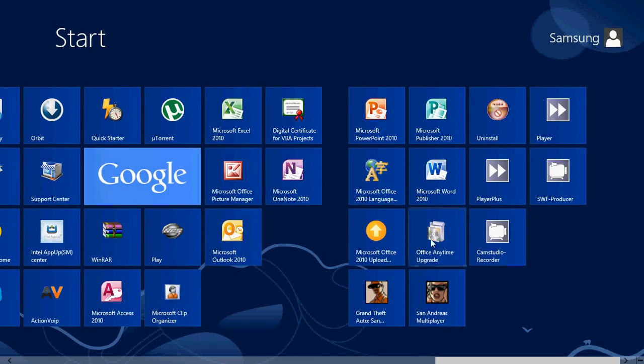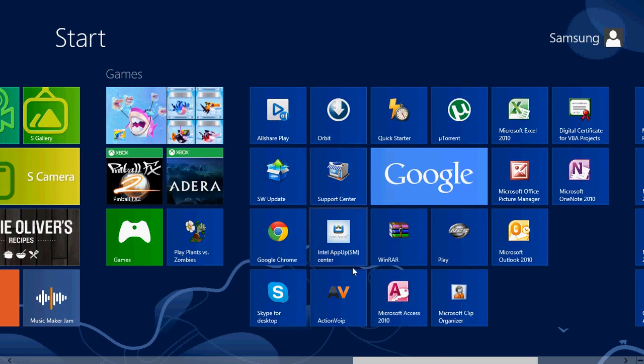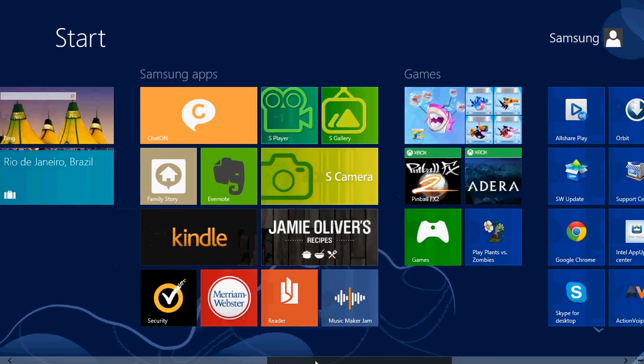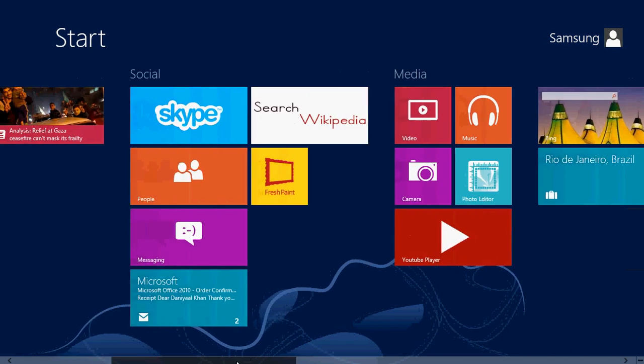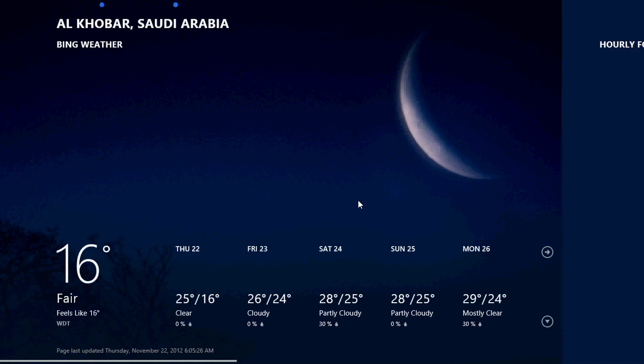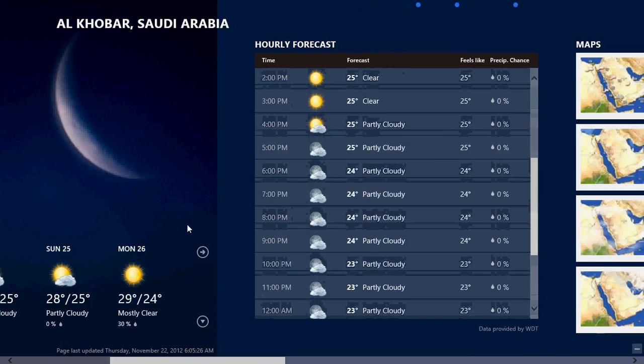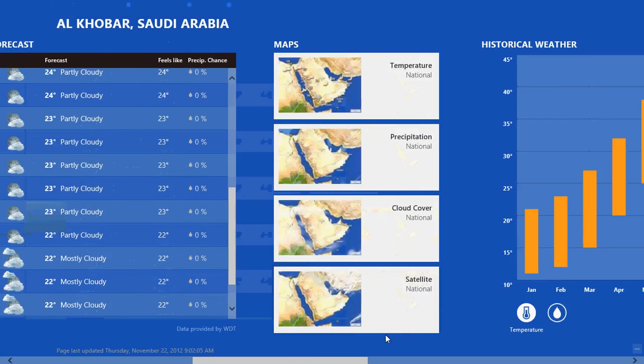Over here are all the installed programs, a few games over here, Samsung apps, and all those things. So basically, now let's open up an application. For example, let's open up this weather application right here. This is real-time loading, and for scrolling you might want to get used to this, because